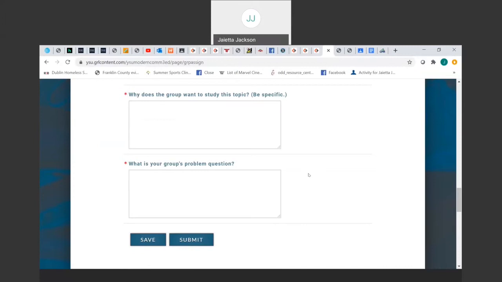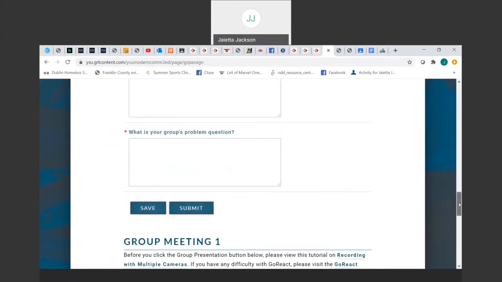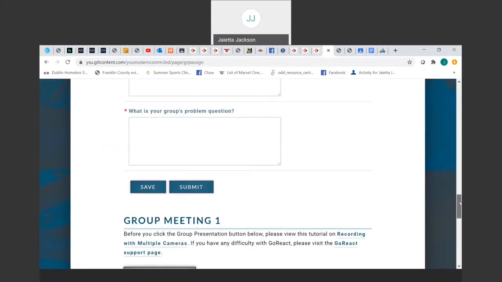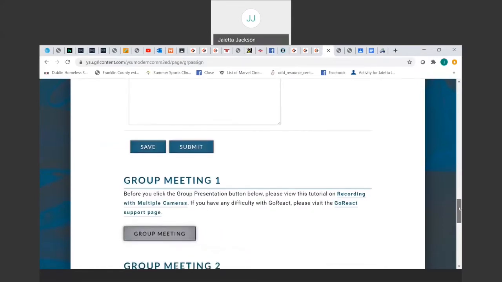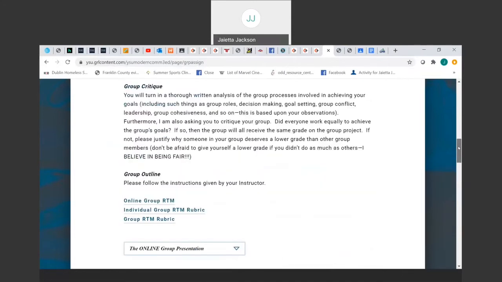But for now, you're just coming up with a problem question for your organization. So my organization is the Red Cross. The question is, how can the Red Cross help our community with the COVID-19 crisis? So you will write your problem question in there and you click submit. Now, if your question is a little off or needs a little help, I'll reply and let you know what to do. Once your group has chosen an organization, your next step as a group member,